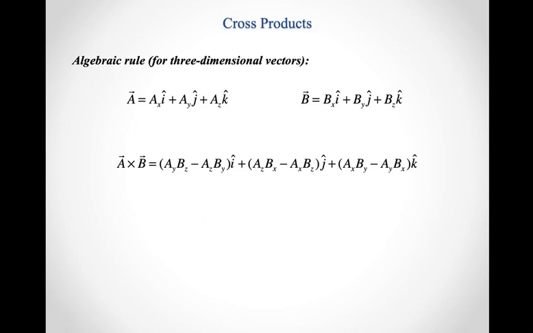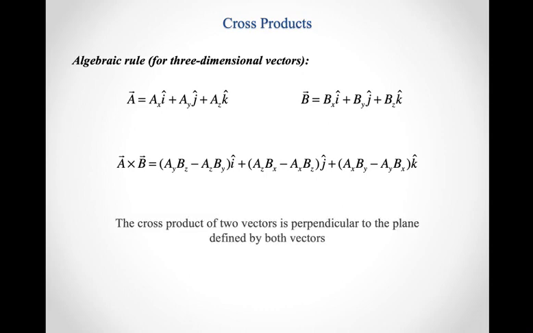The more important detail is understanding that this cross product is perpendicular to the plane that's defined by my initial two vectors A and B. So A and B define a plane. This is similar to, reaching all the way back to high school geometry, when you knew that two points defined a line. If you had a point in space, a second point in space, you could always draw some line that connected those two points. In a similar way, if you have two vectors that don't lie along the same line, so our two vectors can't be collinear,